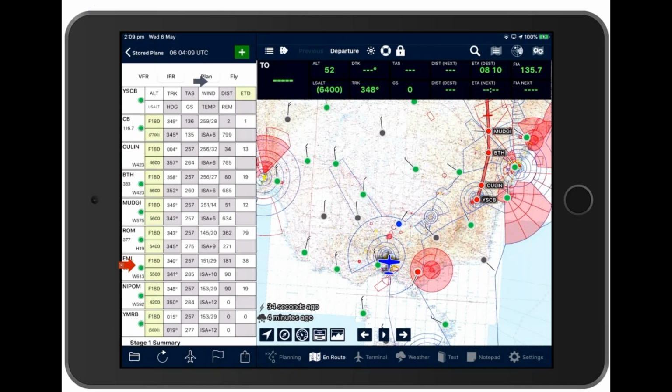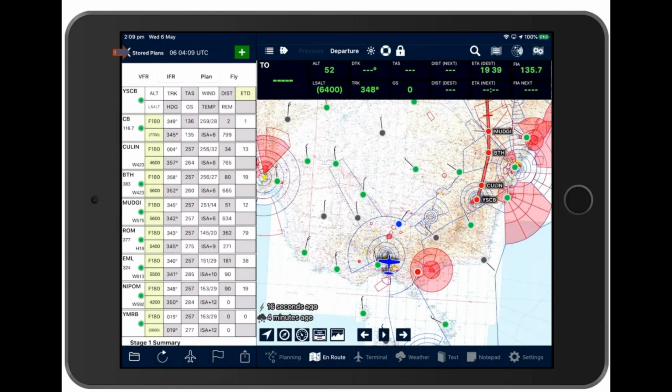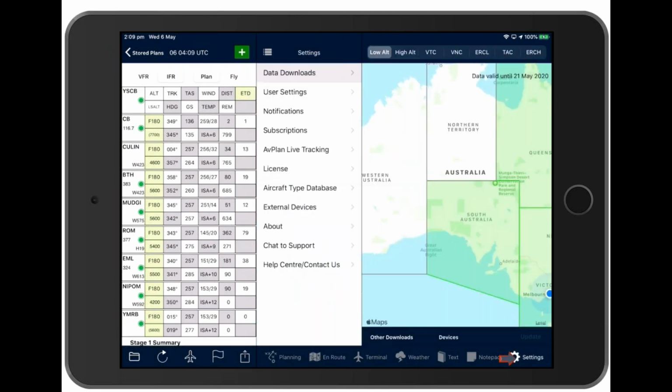AvPlan by default works in this split mode with the flight plan here on the left when we're in landscape, and we can choose to have that visible using the little hamburger multi-line button there that shows and hides the navlog. Additionally, there's a setting under user settings, so we can actually have the flight plan on a completely separate pane. So under settings and then user settings,